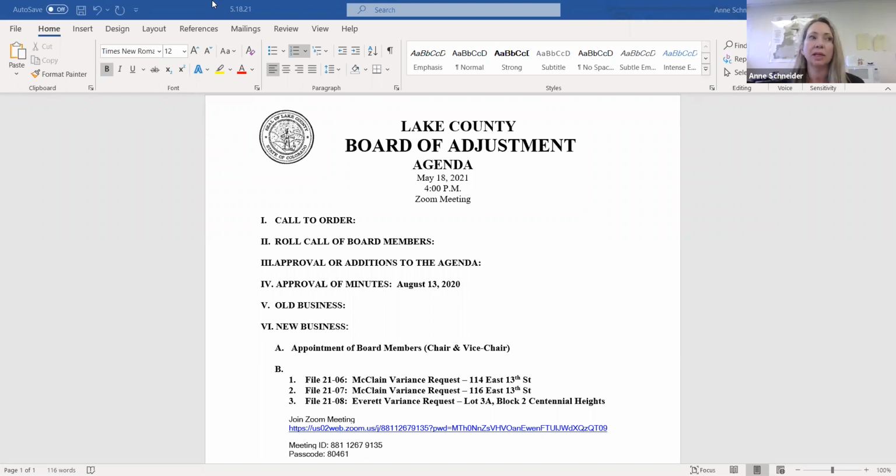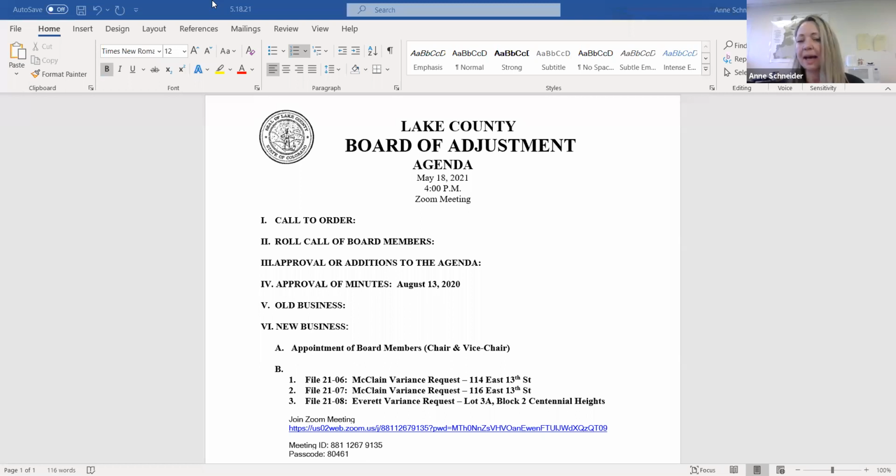Mr. McClain talks within his application about a desire and a commitment to trying to bring affordable housing stock, attainable housing stock to Lake County. That is absolutely commendable, and I applaud him deeply for that. Although, as we look at variances, that's really not the basis of why we would grant a variance. We really have to look at each individual situation.